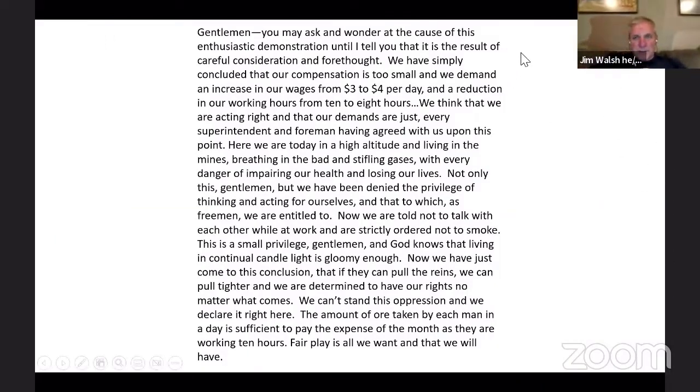This gives you an indication of Michael Mooney's speech that he gave when the strike broke out. And it gives you a little bit of a window into the miners' situation. So just so you know what miners were facing at this time in these hard rock camps in the Rocky Mountains around 1880. Gentlemen, you may ask and wonder at the cause of this enthusiastic demonstration until I tell you